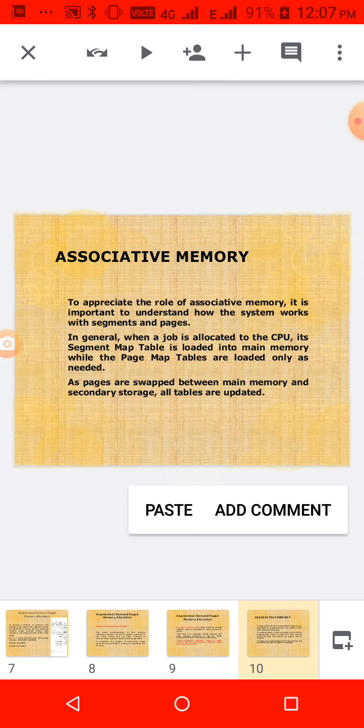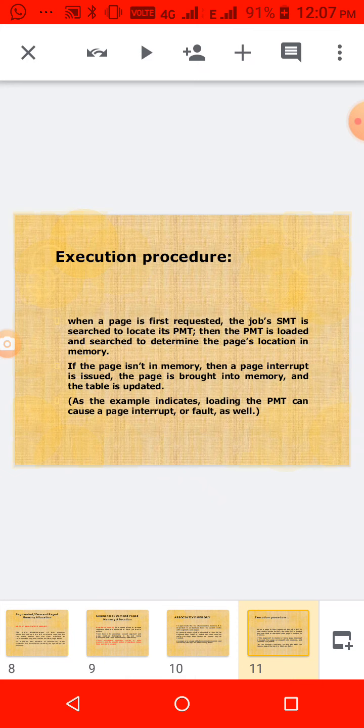There itself all the page details are available, so by using that we can access the pages. Pages are swapped between main memory and secondary storage, and all the tables are also updated. How is the execution done in this process?